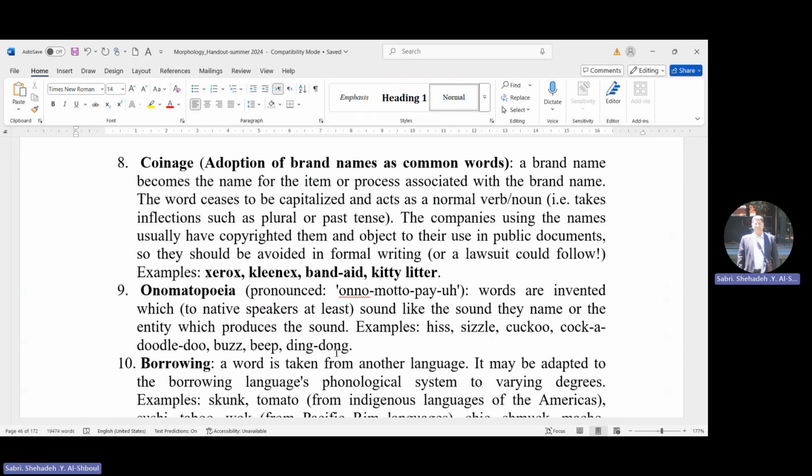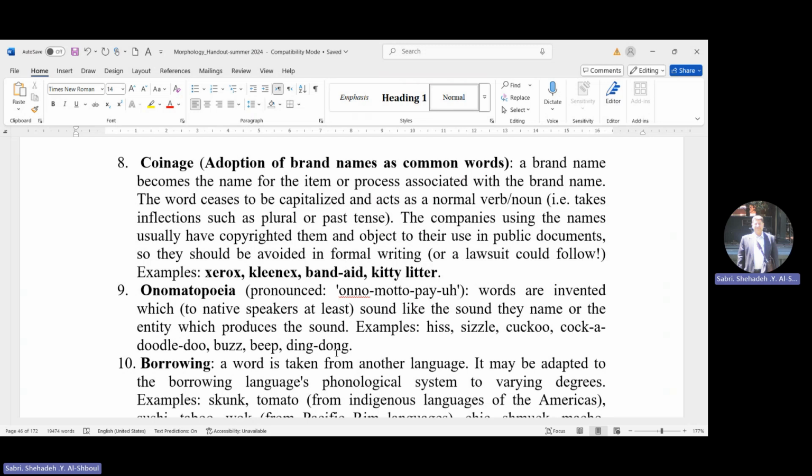Actually, the next formal operation that comes into play here is called coinage, which is a kind of adoption of brand names as common words. As you know, brand names are created by lexicographers, people who are working on coining words together for the brand names. So a brand name here, with the passage of time, becomes the name of the item or process associated with